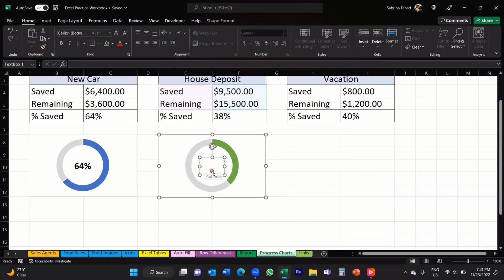Now you don't want to type anything in that box. What you want to do instead is go up to the formula bar, okay, click into the formula bar, type the equal sign, okay, and then select the cell with the percentage. Okay, so that's this cell here. So you'll see that in your